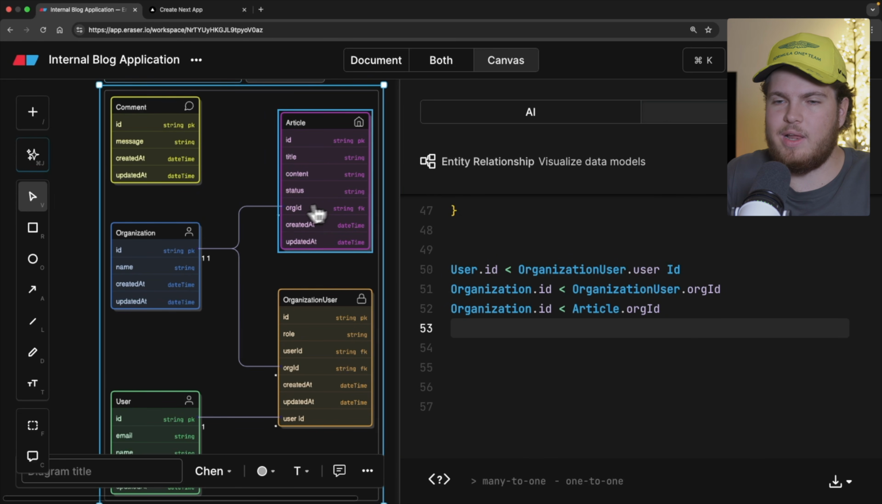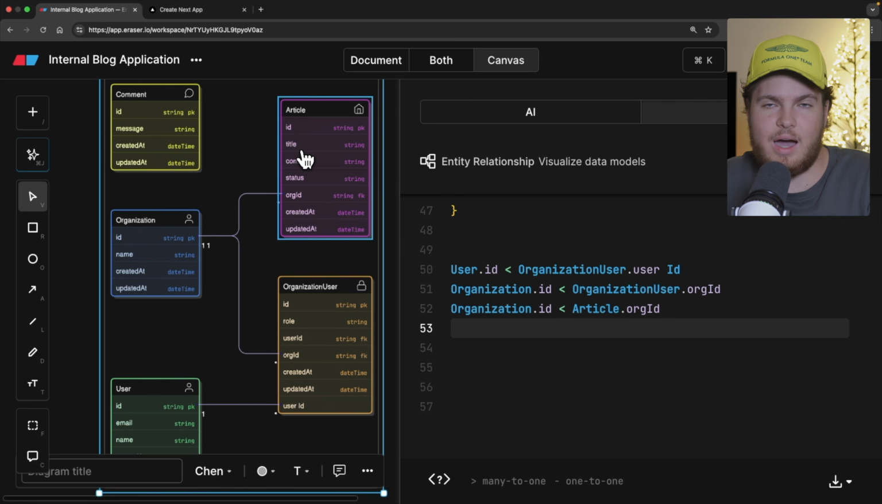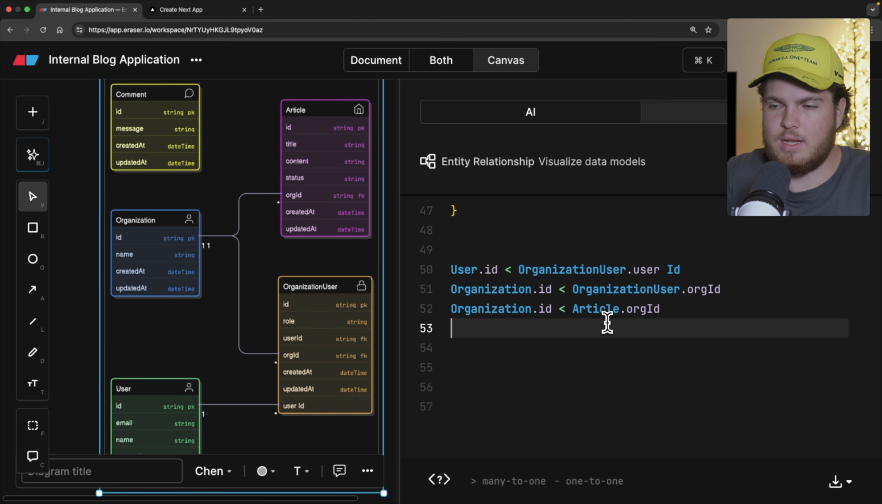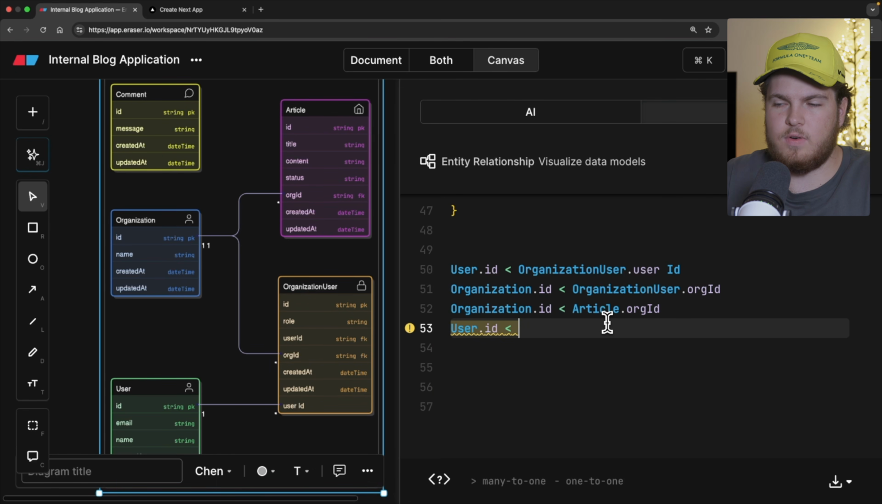Let's also create a relationship between the user and the article, because our user can create articles, as you know. And again, what relationship do we have? Well, one user can create many articles. Each article is related to one organization and one user. Therefore, let's get our user.id. Let's again use the less than sign for the one-to-many relationship, and we want to reference our